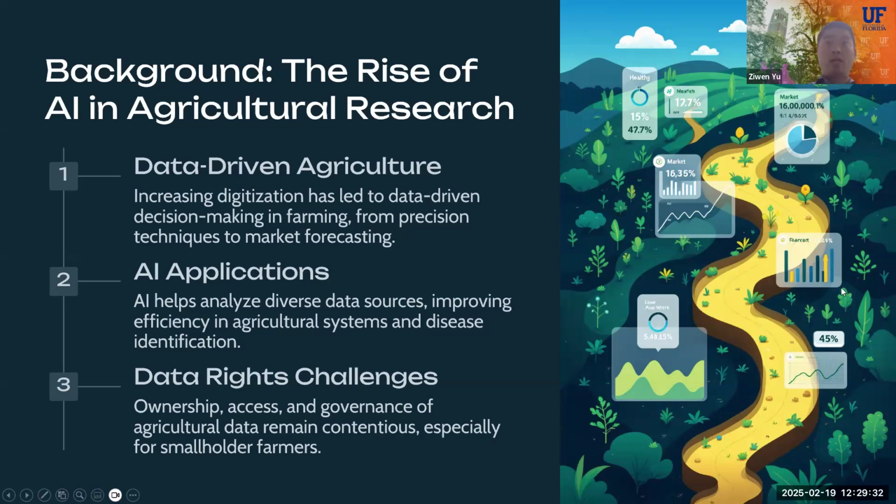And AI, instead of being algorithm-centric as it was a couple of years ago, is now more and more data-centric, which makes data more and more valuable, not only for agriculture itself, but also for technology advancement in the industry. So the rights regarding data during the adoption of this technology in agriculture are an emergent